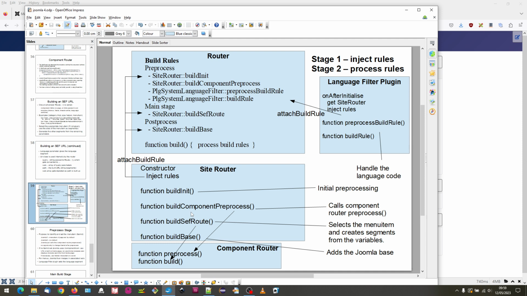Joomla 4.3.1, and I did notice some changes from 4.2.9 in some of these router functions. So again, this isn't a complete list, and it still seems to be fairly volatile at this stage in version 4. Also, as an aside, notice that this ability to inject the rules means that this is very flexible, and